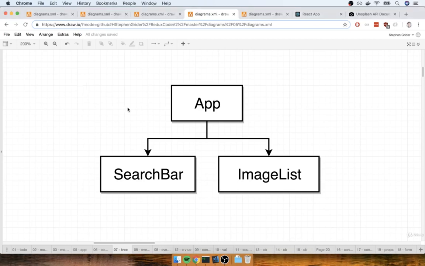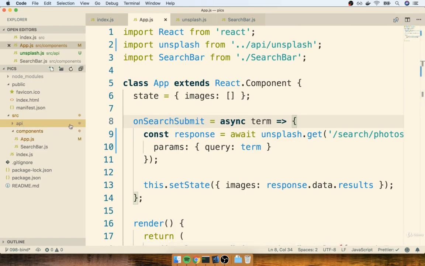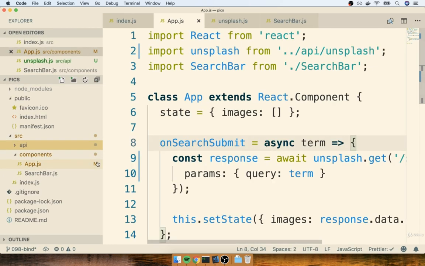In this section, now that we've got our list of images, we're going to start to discuss how we're going to create this image list component and then render out a list of images that are going to show up for our users. All right, so to get started, I'll flip back over to my editor. I'm going to find the components directory. Let me blow this up so you can see it very easily.